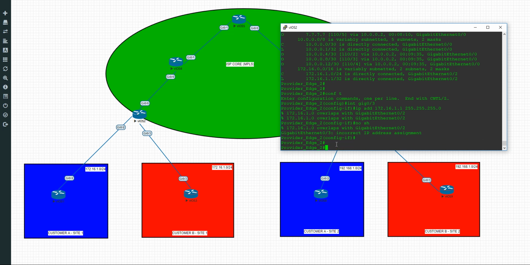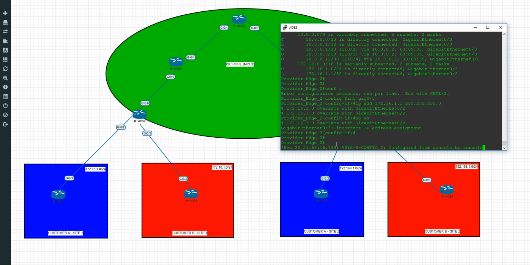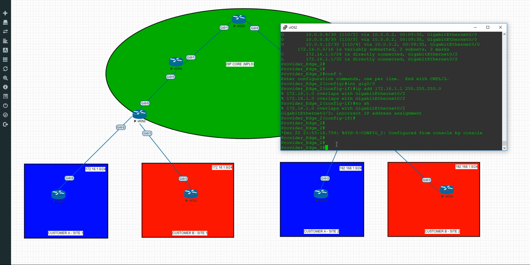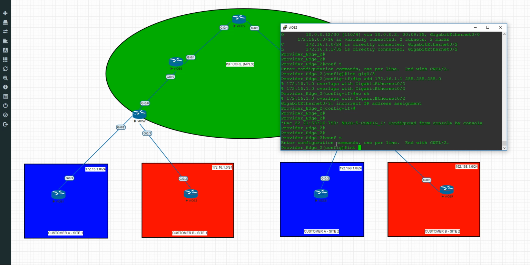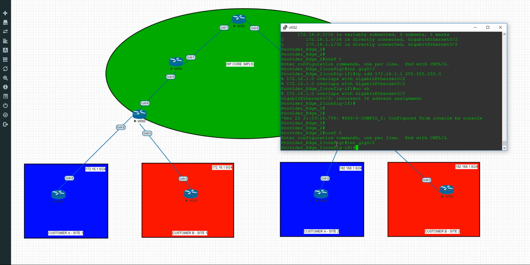So what we're going to do is configure each interface into its own VRF. By doing that, it will be completely segmented and essentially isolated from the global routing table, and we can separate them completely such that we can actually configure those IP addresses without duplication. So we'll do interface gigabit 02 and IP VRF blue,